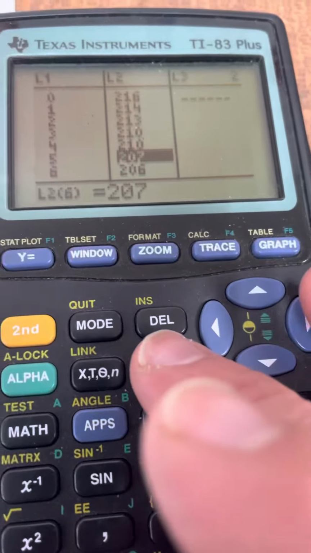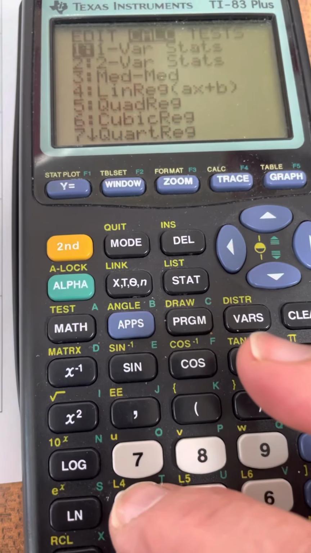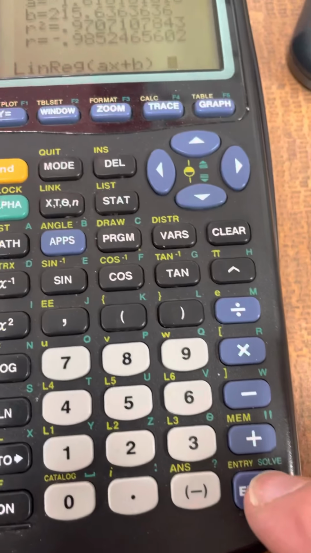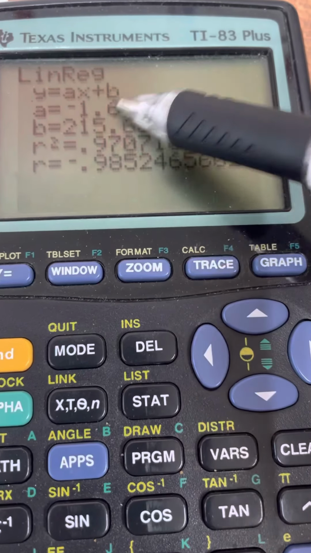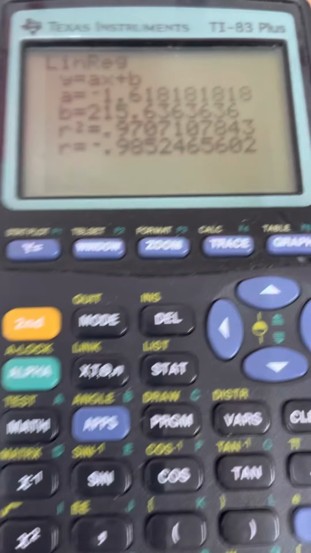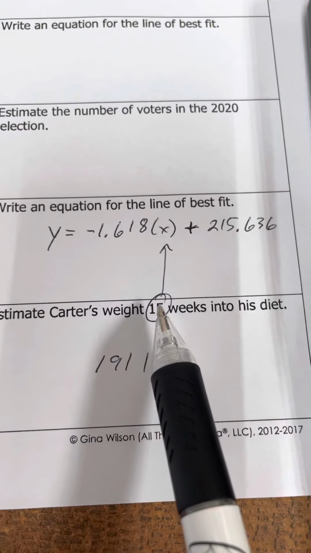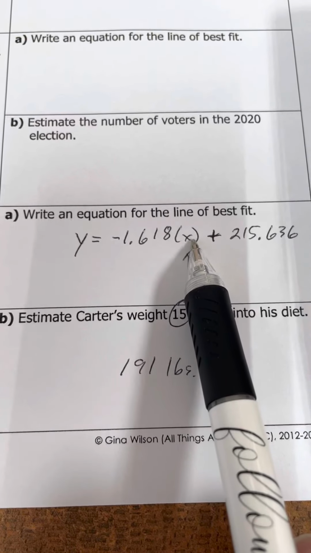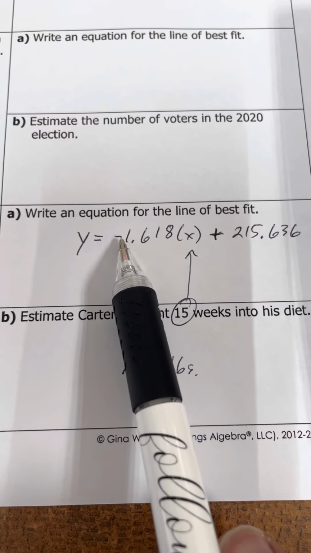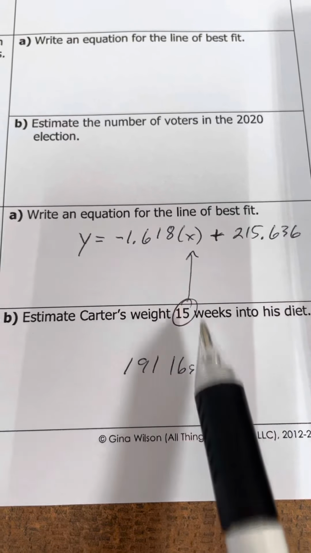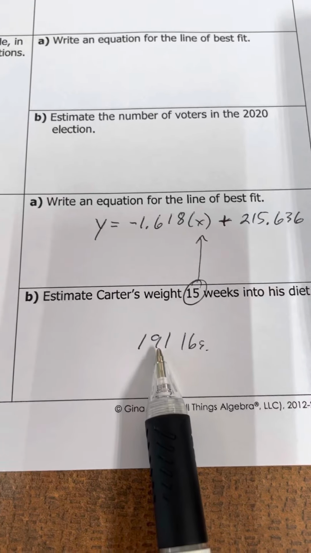Okay, and then you're going to hit stat, you're going to hit calculate, go down and just choose 4, and then hit enter, and it gives you this formula right here. Plug that in for A, plug that in for B, and I go out to the 3 points after the decimal. You can enter 15 in for x and just plug this into your calculator. You just type this in and put in parentheses 15 plus this number right here, and you're going to see that's 191 pounds after